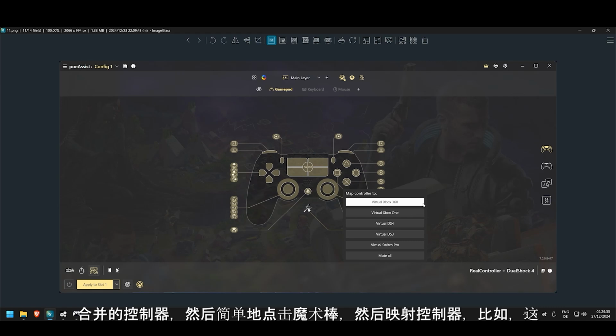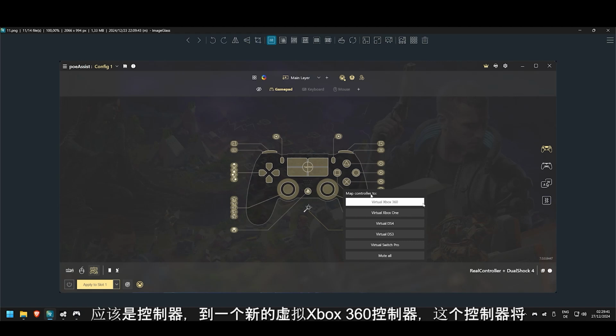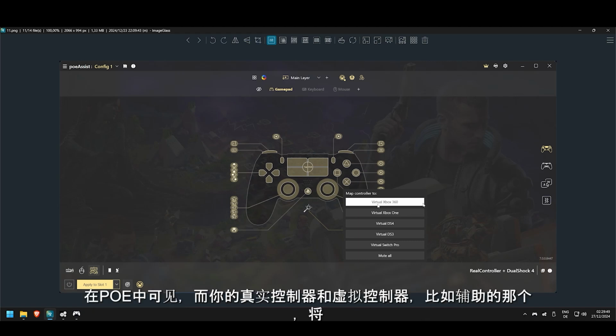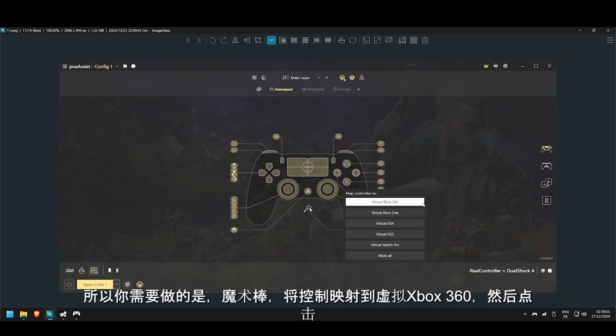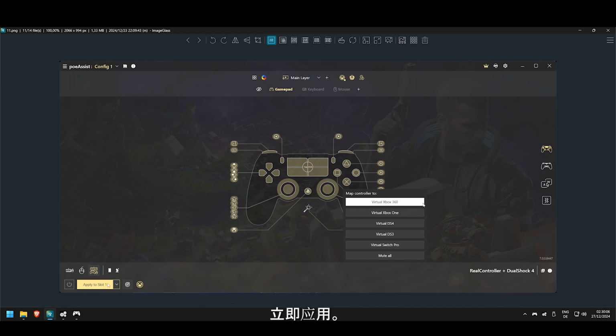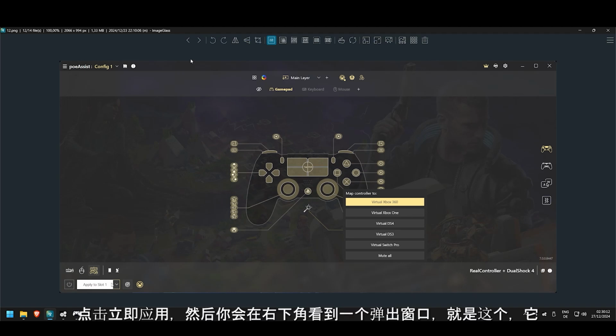And then simply magic stick and then map the controllers to a new virtual Xbox 360 controller. And this controller will be visible in PoE. And your real one and the virtual one, the assist one, will not be visible. They will be hidden. So what you need to do is magic stick, map controllers to virtual Xbox 360, and click apply immediately. Do not deselect or something. Click apply immediately, and then you will see a pop-up bottom right,